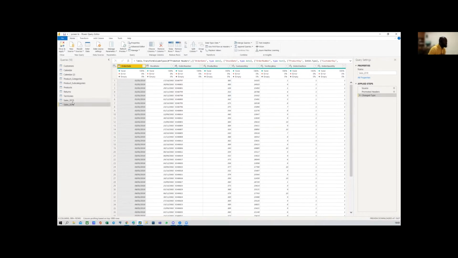So now looking at these two sales data, if you look at them, they have the same number of columns. This is 1, 2, 3, 4, 5, 6, 7, 8. And this one also has the same number of columns. They have the same structure because they are both sales tables, just that this one is for 2015, this one is for 2016. You get it? So when you have this type of data set, of course, you can bring them in